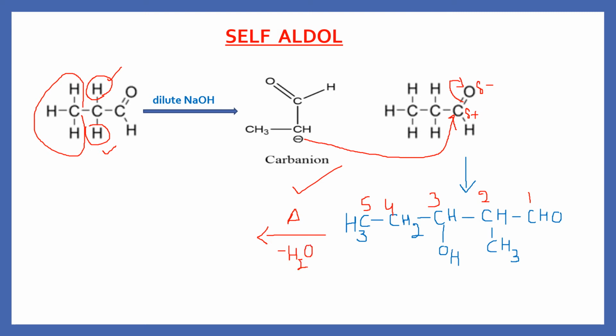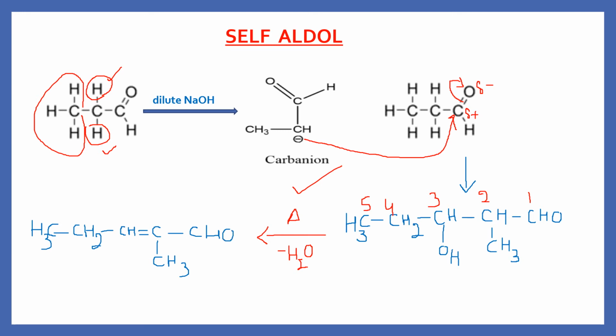So I will be writing only the major product. Give this product only if it is specifically asked in the question that when you heat aldol, what will you get? Otherwise, stop at aldol. Again, major product I am writing. I have removed OH from here and H from this carbon, which has CH3 as a substituent, and further CHO is attached here.